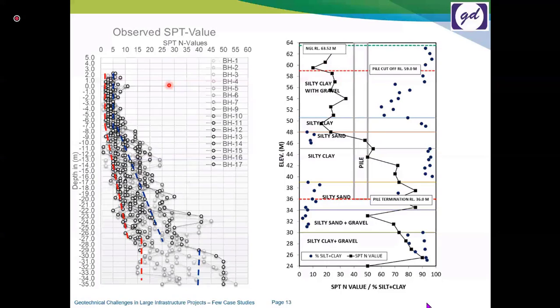bound approach, or I would implement the average value, because it all depends upon your own experience with the site, the number of soil investigation programs you have, how many you have. Let's say in present time you have 17 boreholes, but if you have only 5 boreholes, your decision will differ, and probably you come out with a different number.